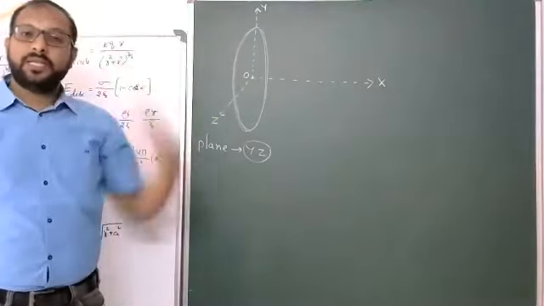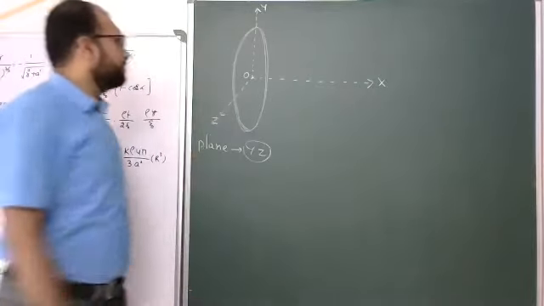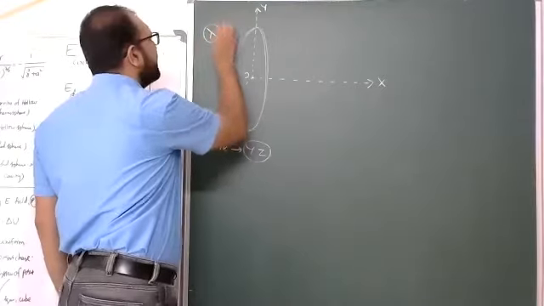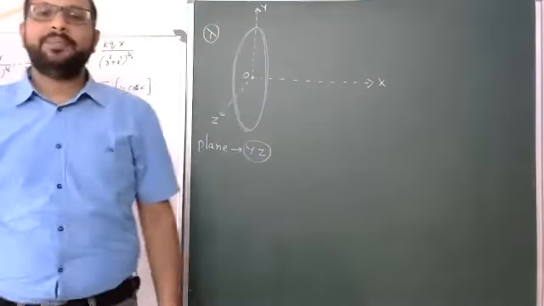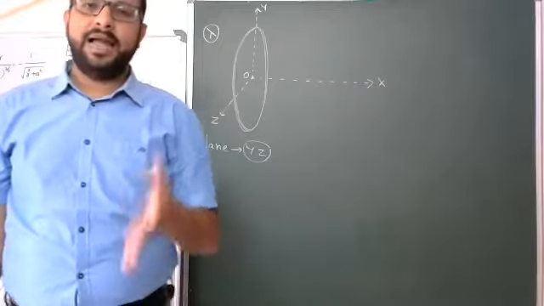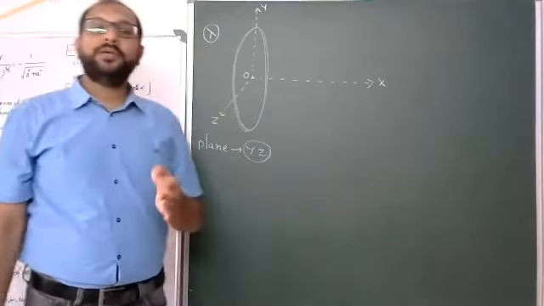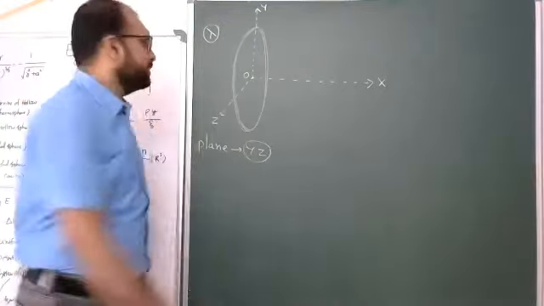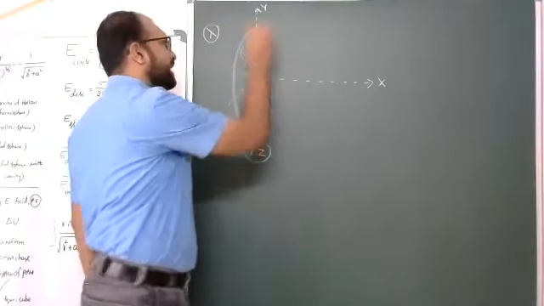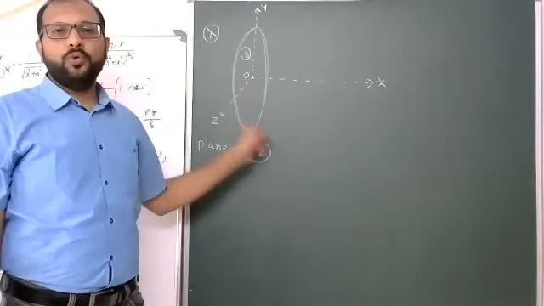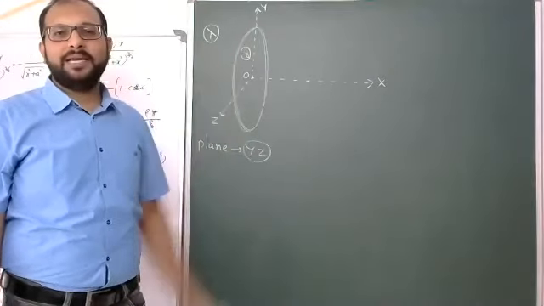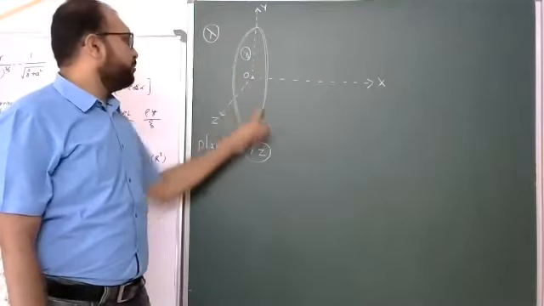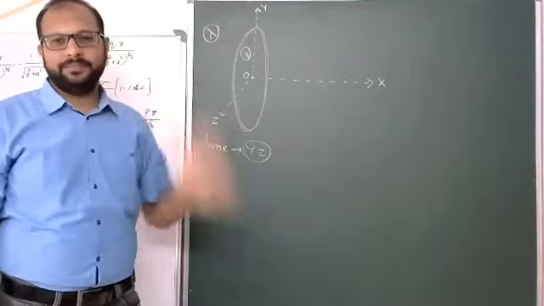So that is now our charged ring, and the linear charge density lambda I am taking. Linear charge density lambda, that is charge per unit length, and the total length is 2 pi r. I am taking the radius as r. So 2 pi r into lambda is the total charge distributed over the circumference of the ring.